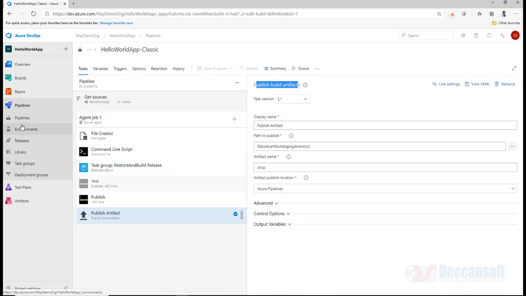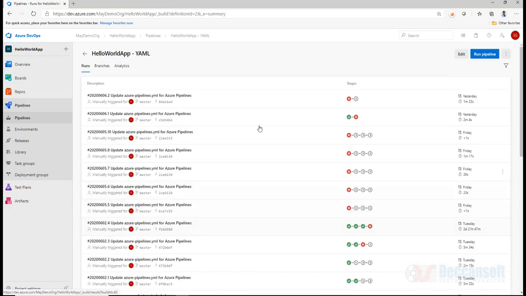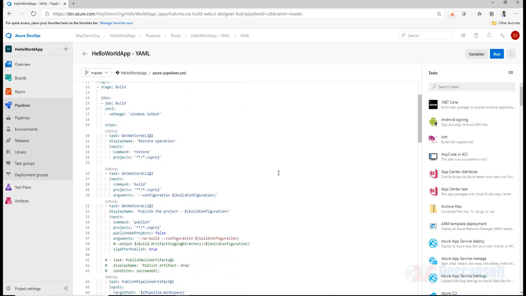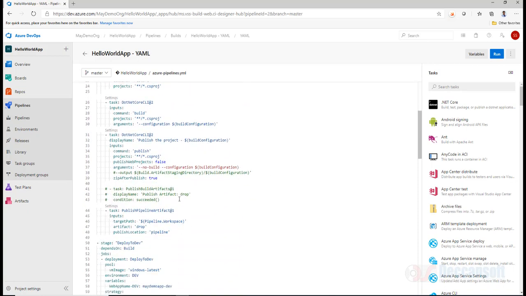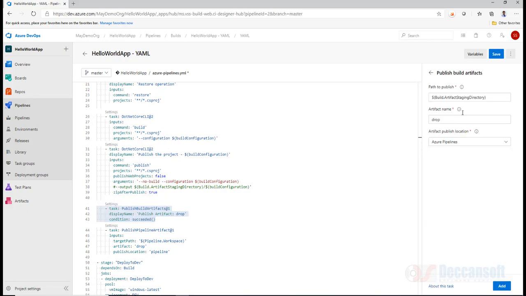Likewise, even if you take a pipeline in YAML, there also generally we have something like this we have been using. Published build artifact. Drop folder. Azure publish location. Most of the time we want to publish the build artifact to Azure Pipelines only.